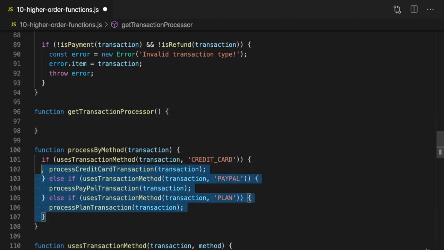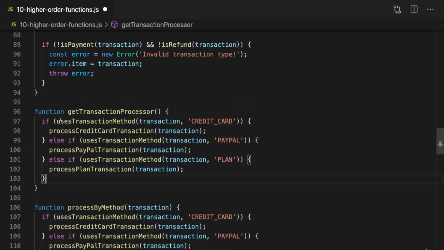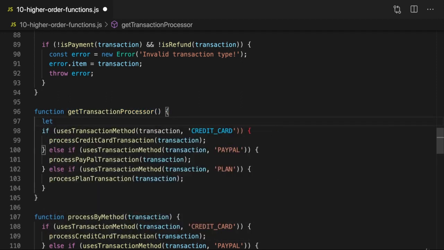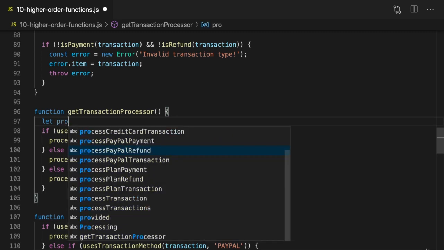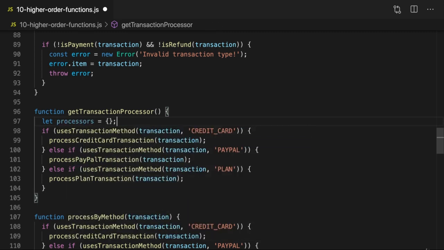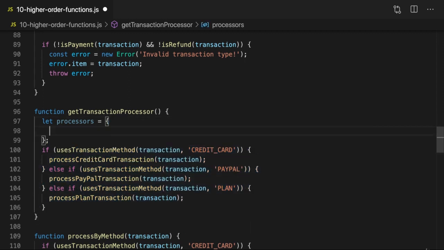So now with that, we can grab this code here and move that into getTransactionProcessor, and then add a new variable here in this getTransactionProcessor function, which in JavaScript we do with the let keyword, which I'll name processors, because we have two possible processors for every transaction, a payment and a refund processor, at least after going through these checks. Now in here, in this object, which I create like this in JavaScript, or a map in other programming languages,